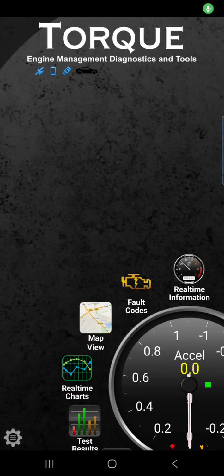All right, everybody. Today we're going to talk about the Torque app or the Torque Pro app, which is what you're going to need to be able to do this. When you get this, obviously you can see this is the basic layout. You've got real-time information, which is a great section that we're going to cover in a little bit. Fault codes is another one that's really good. You can go through, see what fault codes you have, and you can clear some to see if they come back or not. And then real-time charts, which is second from the bottom, another really good one